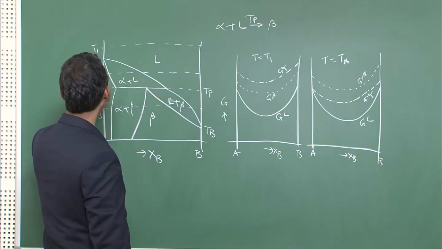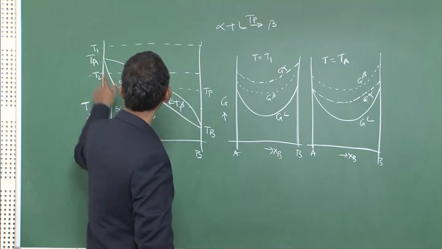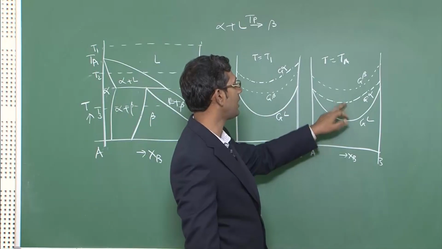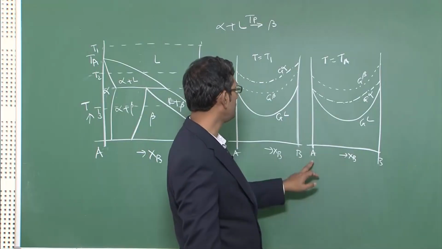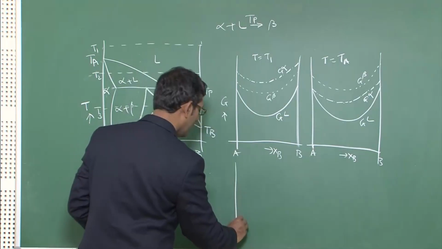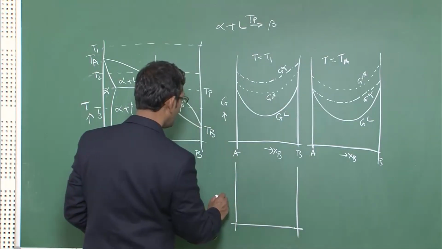So I have to do it for now Tp. I hope you understood this, that at TA only these 2 curves, G alpha and GL, will meet at the pure A end, not anywhere else. So similarly for